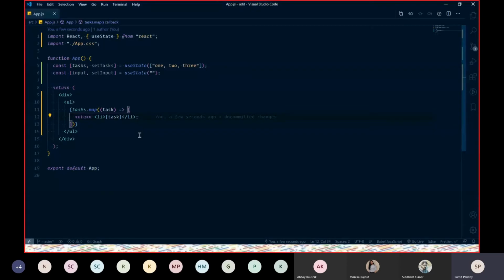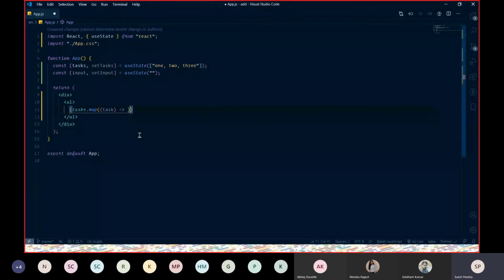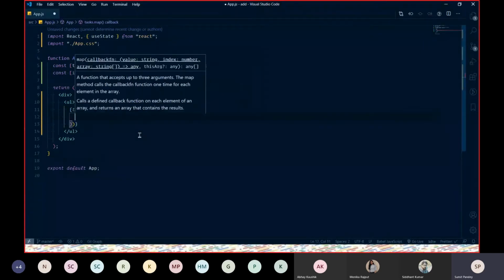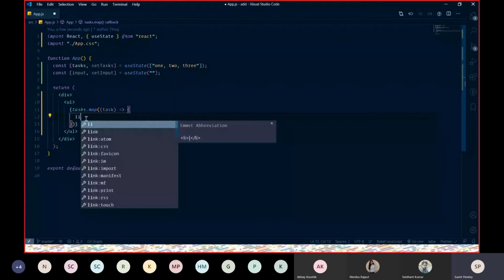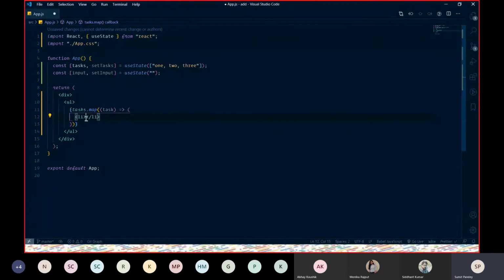These parentheses can be used to implicitly return anything from the arrow function. So inside it I'm going to use this li, and inside this li I'm going to write the task. So you can see here 1, 2 and 3, the things that we passed inside our array.